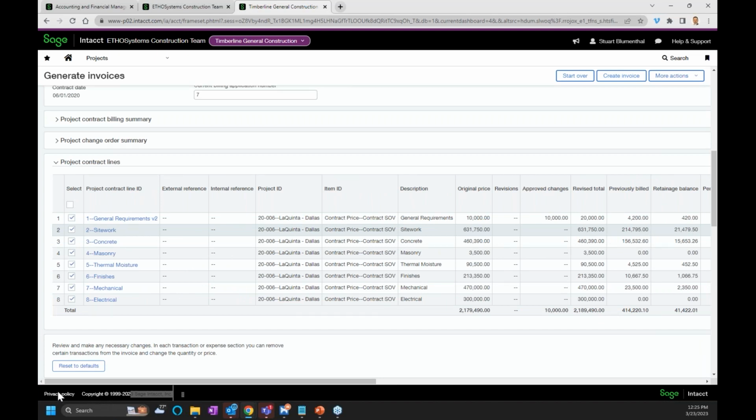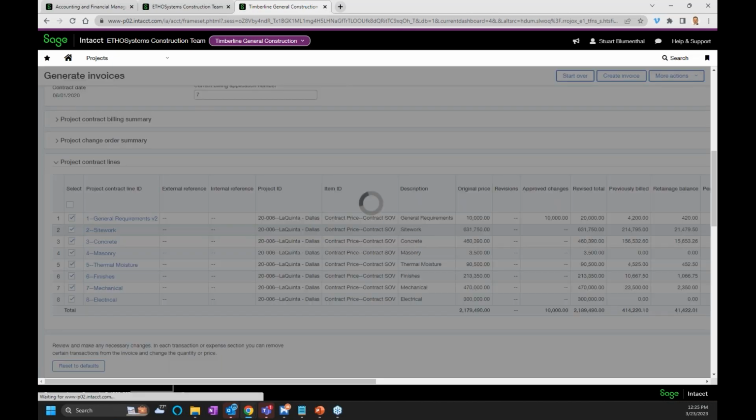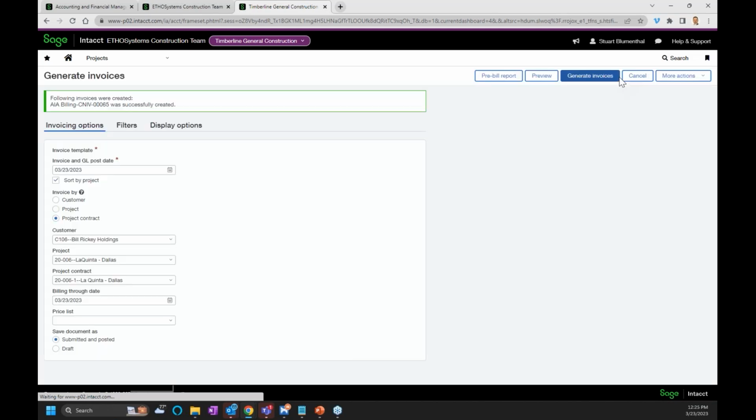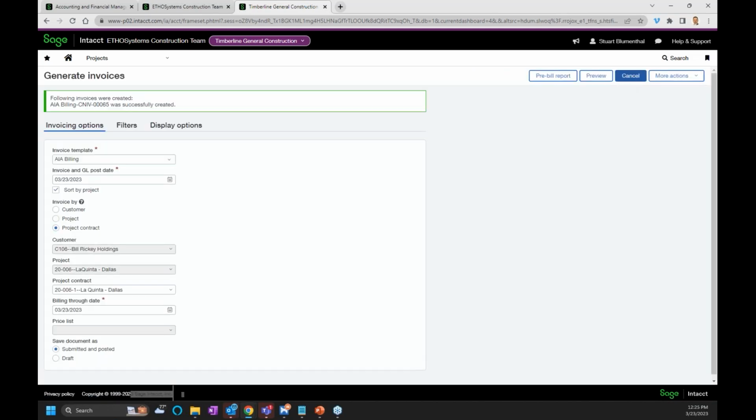I'll make sure there's no questions. Don't see any at this point here. So as a result, I'm going to click on Generate Invoice. Hopefully no errors, no whammies. And it successfully created